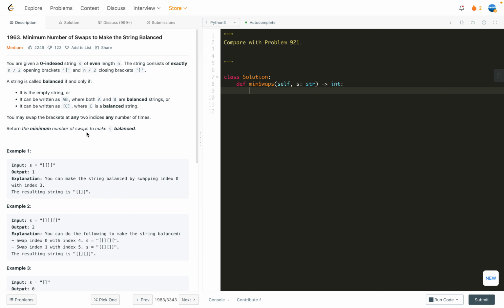Hello friends, let's have a look at problem 1963, minimum number of swaps to make the string balanced. For this problem, you can compare it with problem 921, and essentially the code is the same. However, the returns are different due to the operations here and in problem